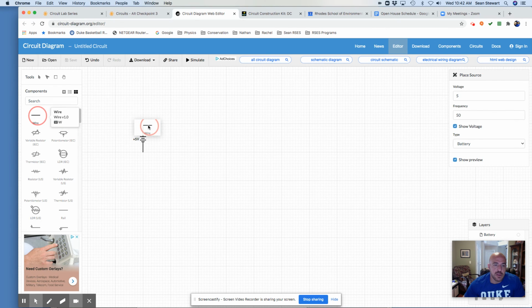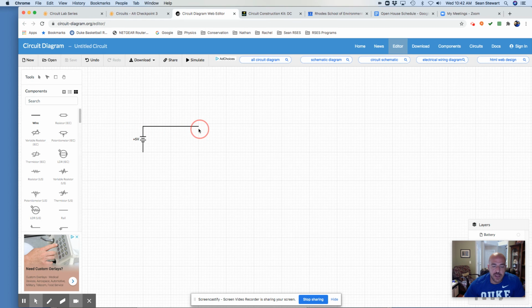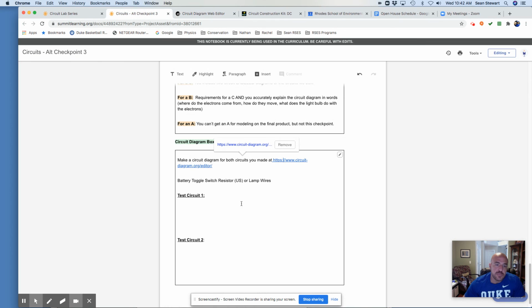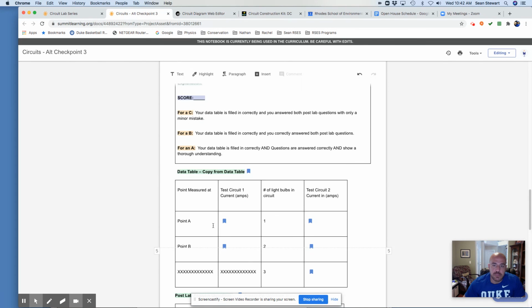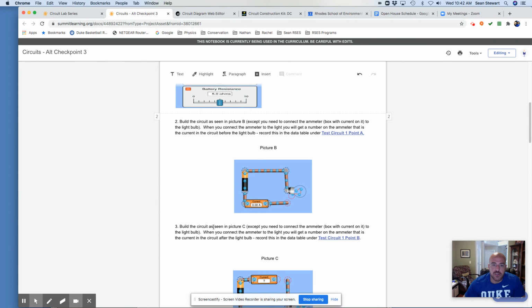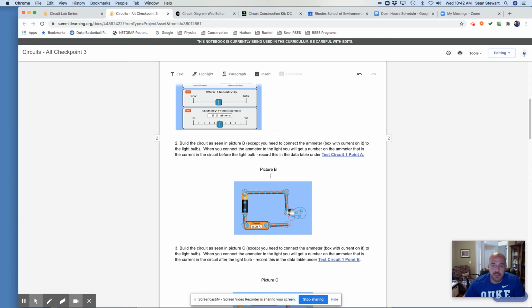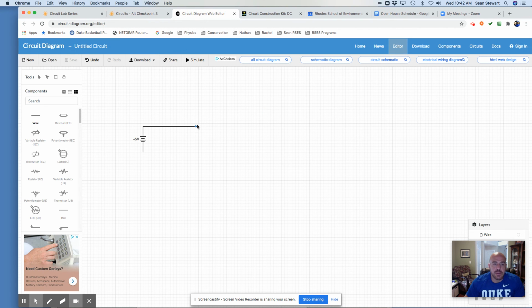Then I can click wire and drag that as far as I want. And I will make this picture for test circuit 1 look just like the first picture up here. So I'm trying to make it look like this. A battery, a wire, another wire to a light bulb. Remember, we don't need to put that machine in there. We can just make it a wire and we're okay. Once I finish that, and mine's not finished, I will hit download,